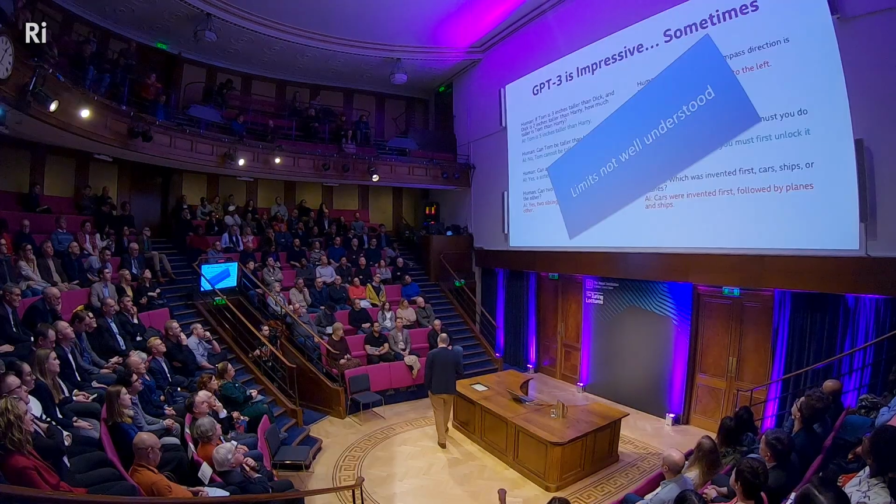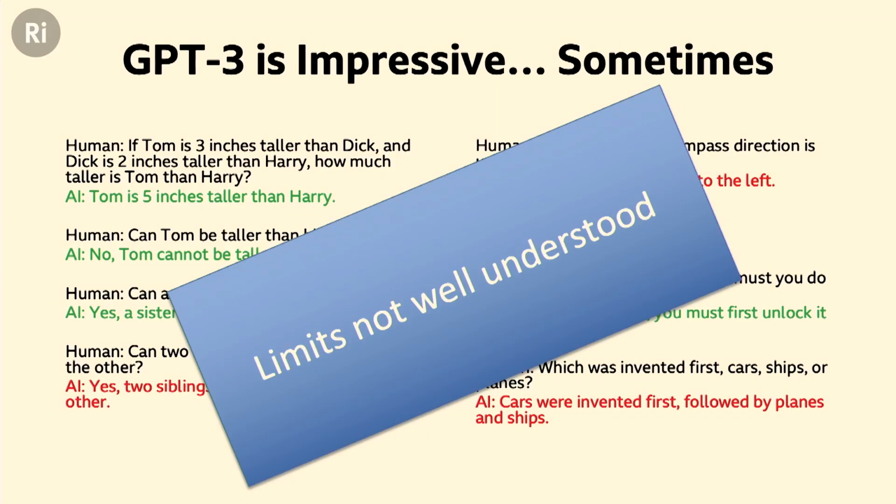Okay, so the limits to this are not at the moment well understood and actually fiercely contentious. One of the big problems, by the way, is that you construct some test for this and you try this test out and you get some answer and then you discover it's in the training data. Right? You can just find it on the World Wide Web. And it's actually quite hard to construct tests for intelligence that you're absolutely sure are not anywhere on the World Wide Web. It really is actually quite hard to do that. So we need a new science of being able to explore these systems and understand their capabilities. The limits are not well understood. But nevertheless, this is very exciting stuff.